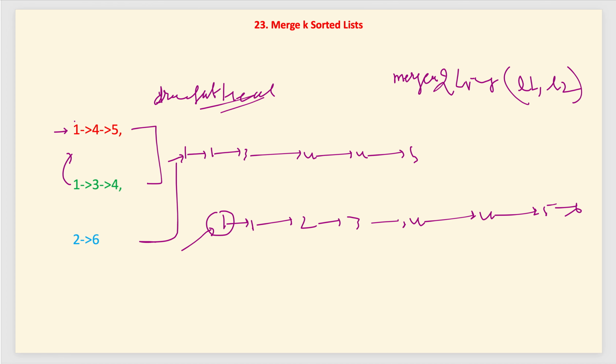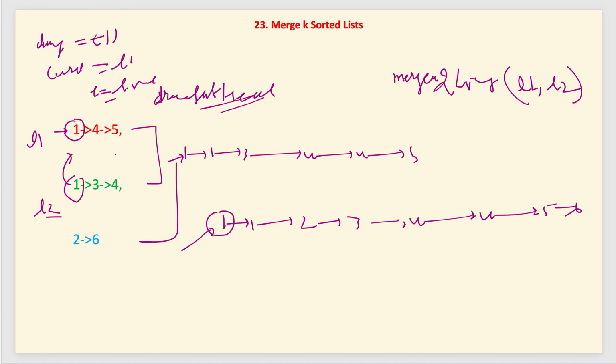We will compare the values of the head nodes, starting from L1 and L2. Let's say this is the L1 head and this is the L2 head. We will compare whichever value is less. If L1 dot value is less than or equal to L2 dot value, we will use a dummy pointer, initialized with a minus value, it doesn't matter, and then we start a current node. Then we update current to L1, then L1 is equal to L1 dot next, and we compare L1 with L2 again. We keep comparing until any one of them first reaches null. Once it does, we append the other one. So this is how we merge two lists.